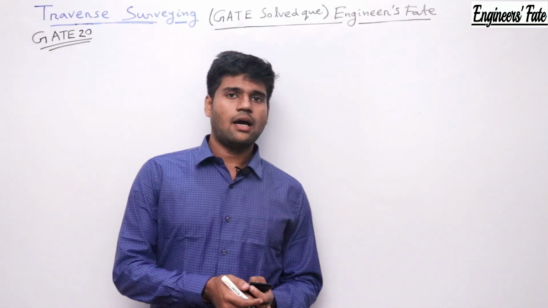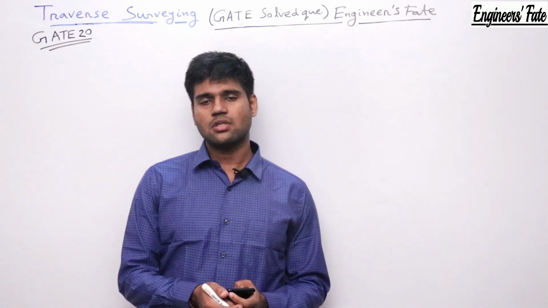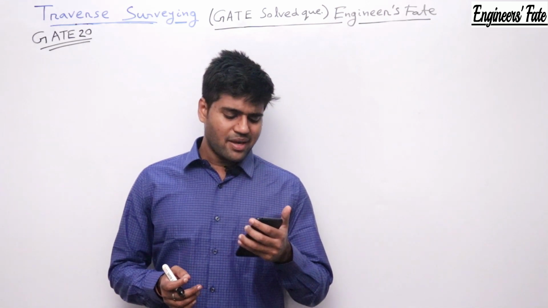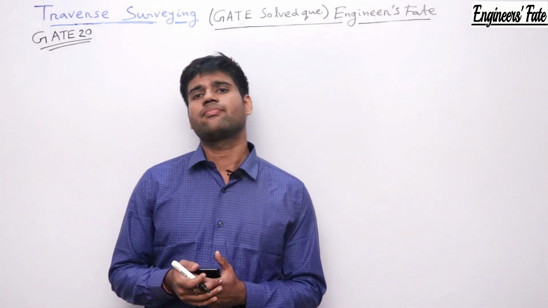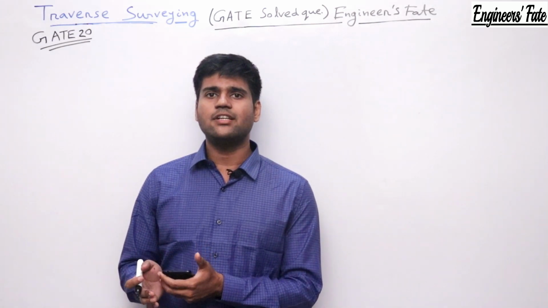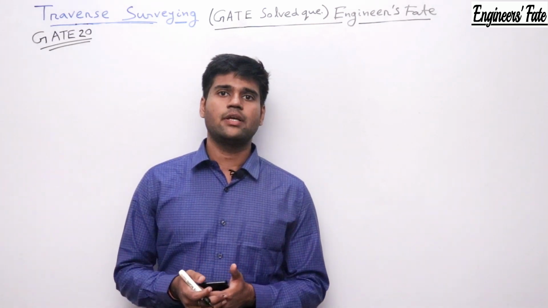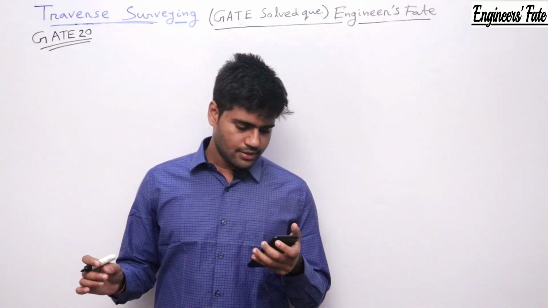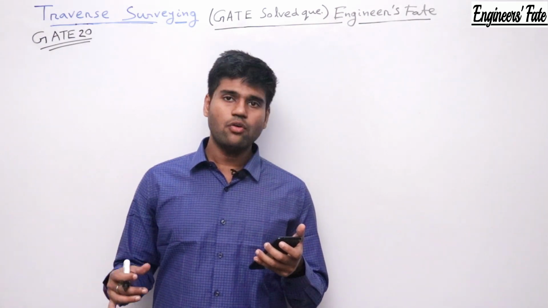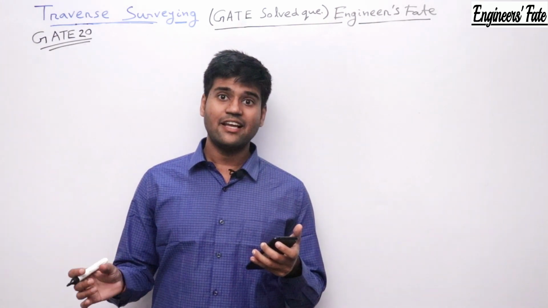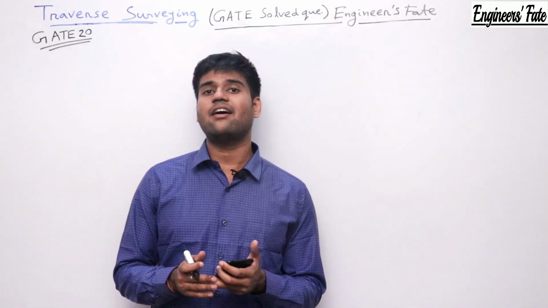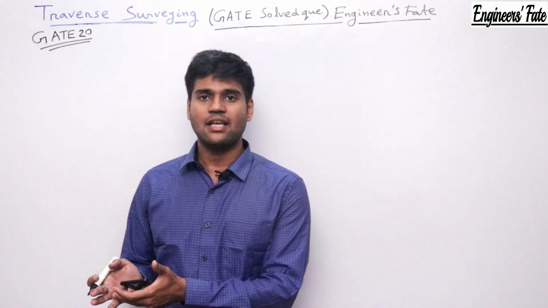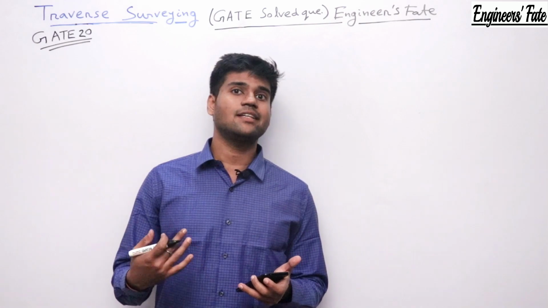So this is the question asked in GATE 20. In this question he has asked the missing length SP. In the question he has mentioned traverse PQRS, but he has not mentioned whether the traverse PQRS is open or closed. But you have to find that. How can you find that? See, traverse PQRS, length PQ is given, then QR is given, then RS is given, then SP is asked. It means I have started the traverse process from point P and I am ending the traverse process at point P only. So that's why it's a closed traverse.